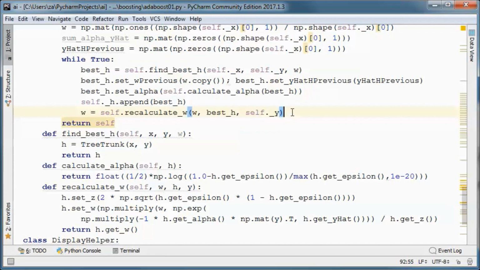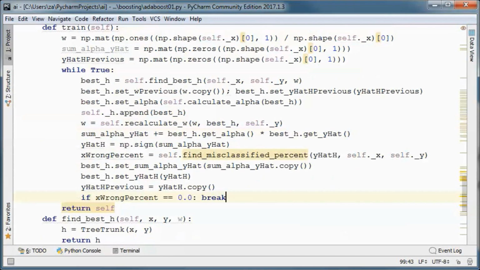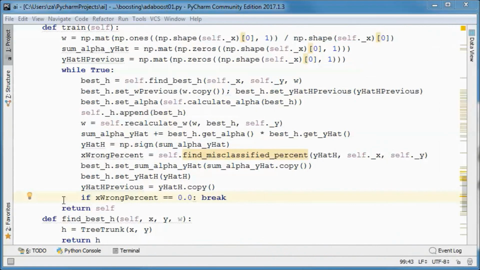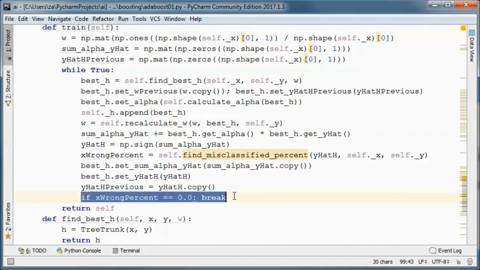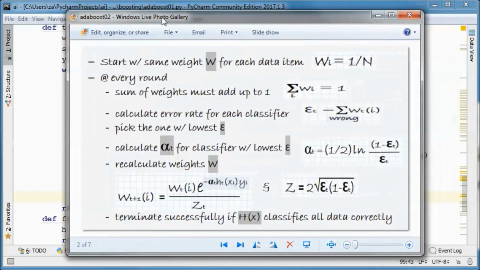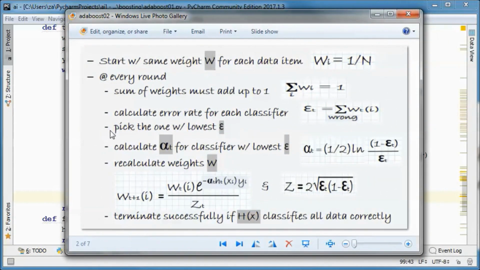And this is the rest of the logic here. So we terminate successfully if the overall classifier classifies all data correctly. And we need a method that calculates the error rate for each classifier and picks the one with the lowest epsilon.